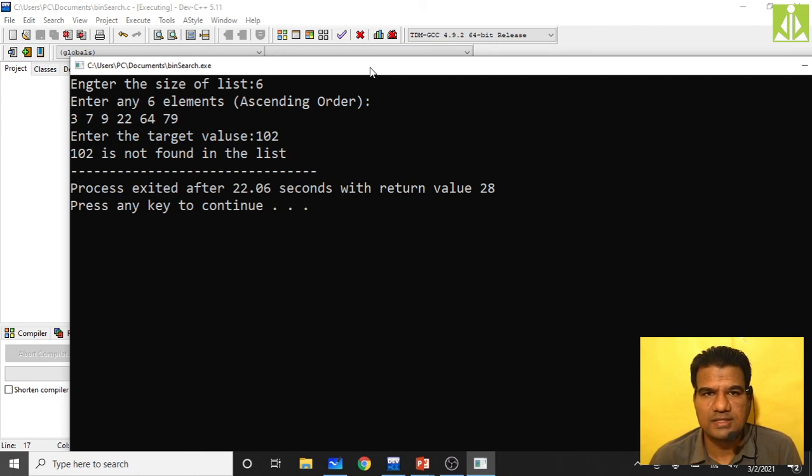So both the cases I have shown you, and I have shown you how to do the binary search operation. Flowchart we discussed, program I have explained. Everything, the concept, the flowchart and the program, they are interrelated. Whatever concept we discussed, in the same way we performed the flowchart, and in the same way we have written the program, and execution also I have shown.